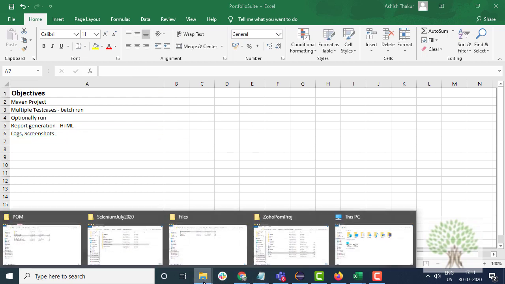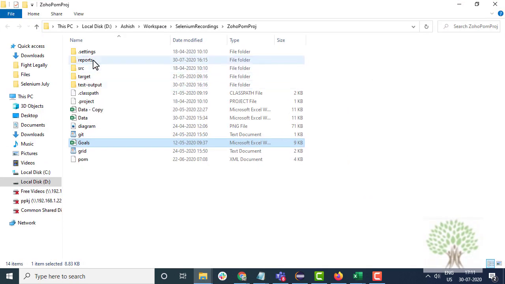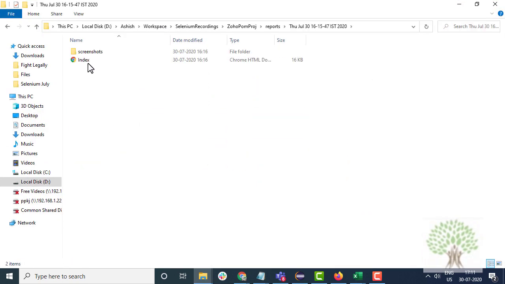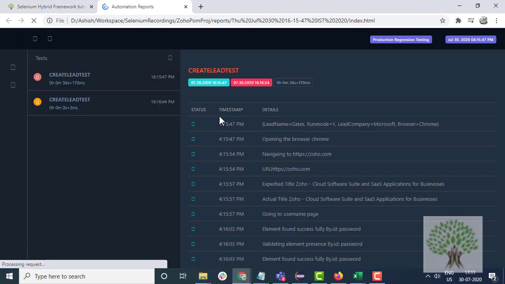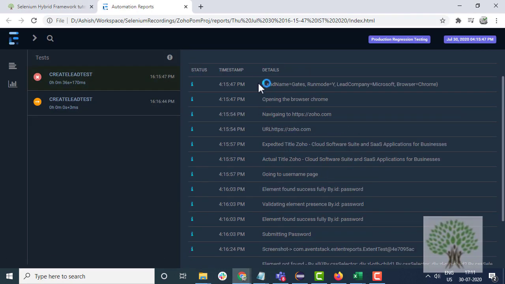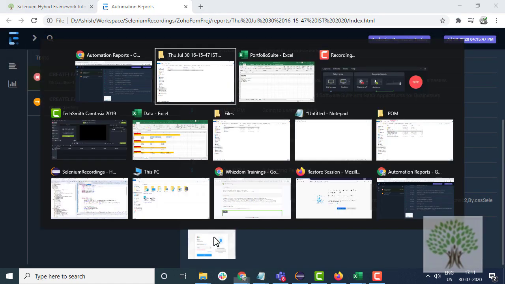For example, this is a sample HTML report. It's known as the extent report. It's got the detailed description of what happened at every moment when the test was running, and if there is a failure, it has also put up the screenshot in the reports.